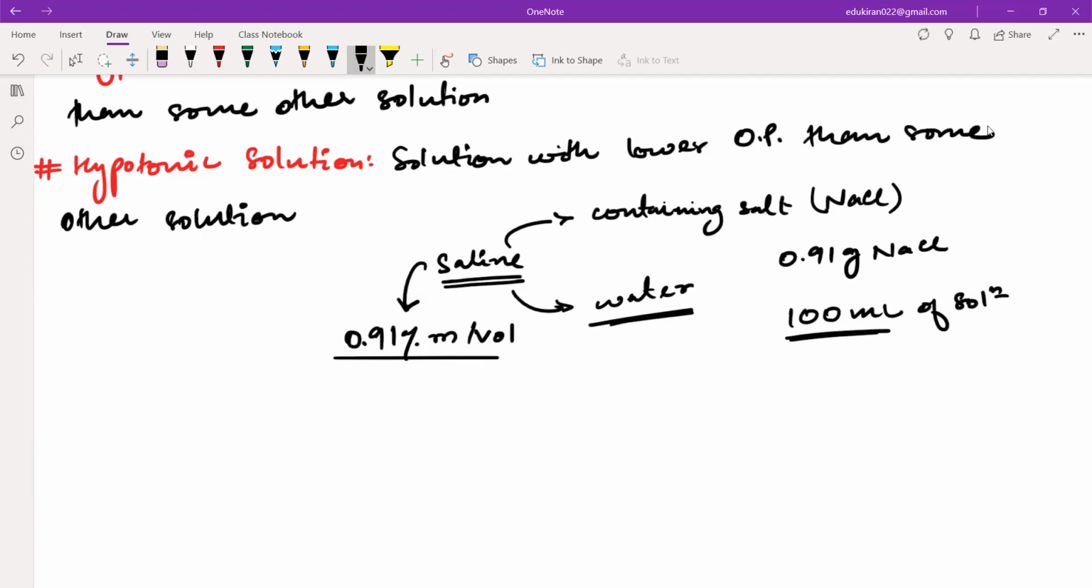Okay, is that clear? Yes. Okay, why is that? Why is 0.91 percentage mass by volume of NaCl isotonic with